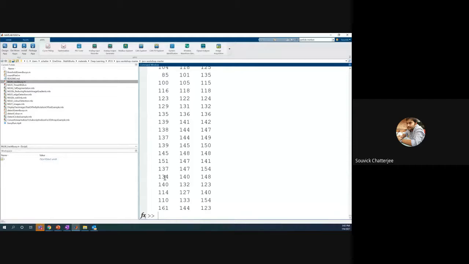Now what is this? At the back end, every image is nothing but a matrix. If you want to see the size of this matrix, I can say size of I, and it gives you the size. So this is 792 rows, 1056 pixels, and 3 means red, green, and blue for any color image. But how do we see the image? For seeing the image, we can use the command imshow. If I say imshow I, you can actually see the image.